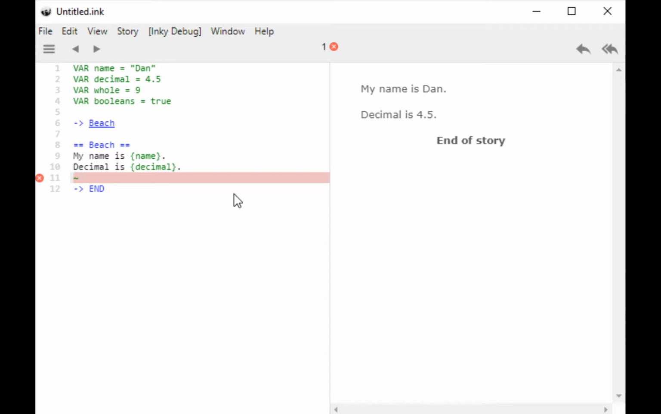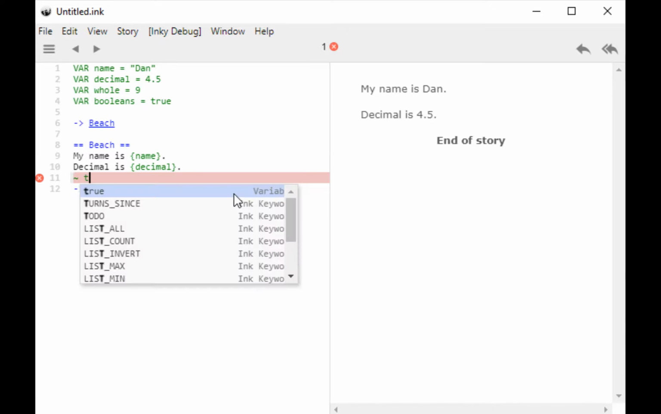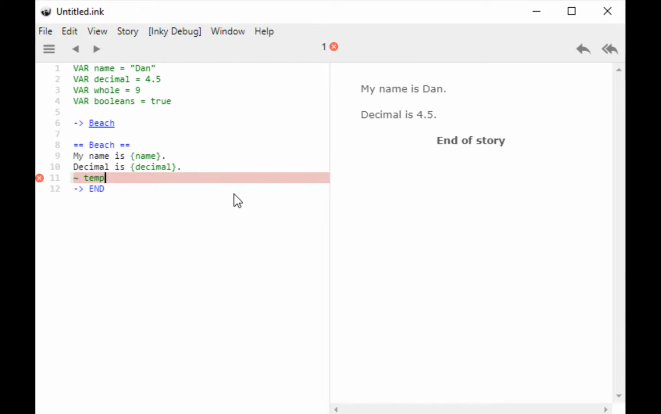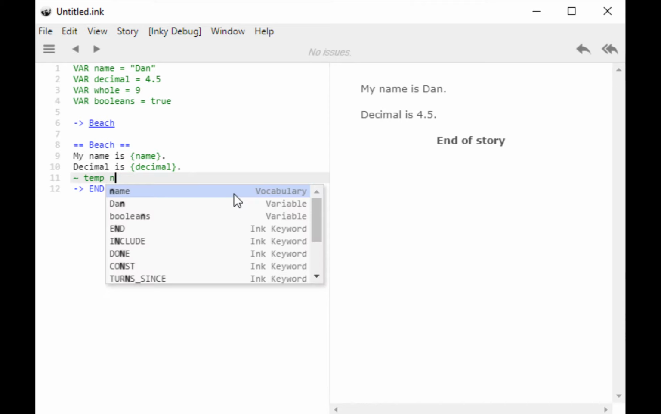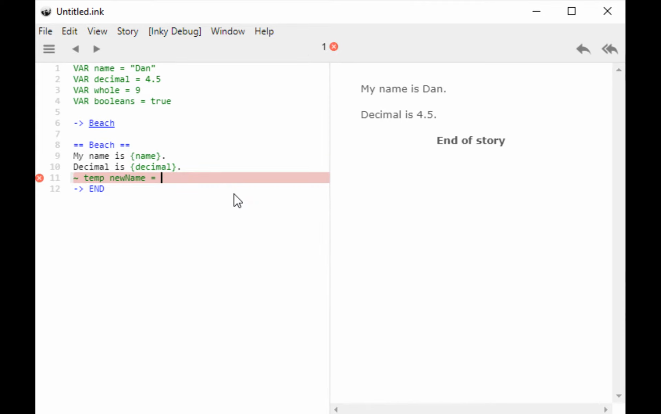So within Ink, we have two different approaches for using more complex code syntax. The first of which is a single line. A single line is marked with a tilde, and then a space, and then some code. And this marks it as a single line of code. So I'm going to create a temporary variable using the keyword temp, and call this new name is equal to Steve. And notice we have a string value, with opening and closing quotation marks around it. So now we have a new temporary variable named Steve,